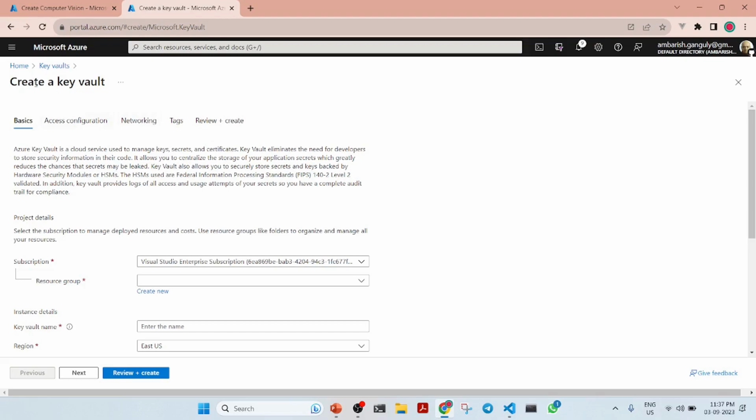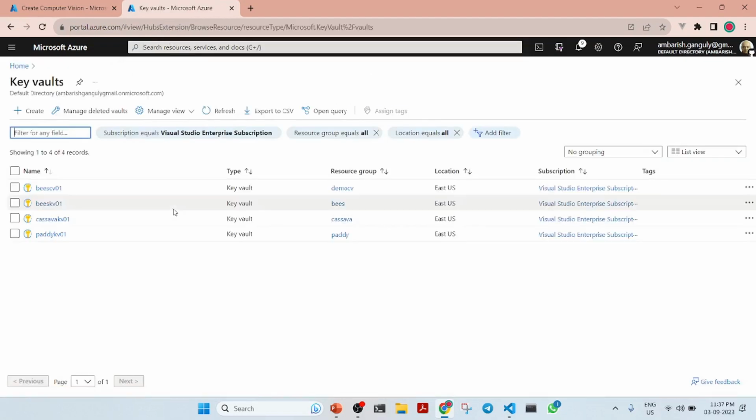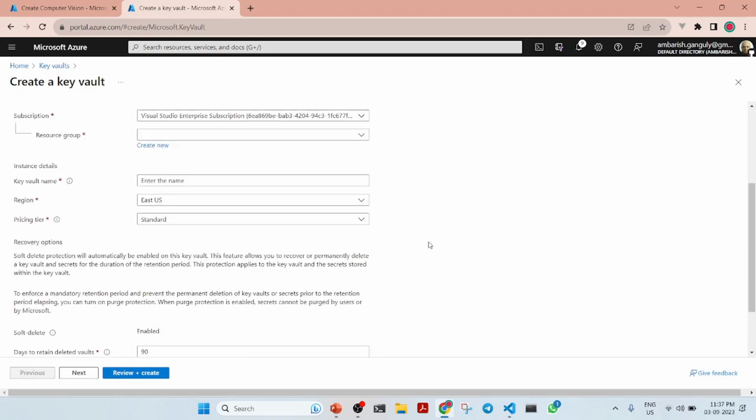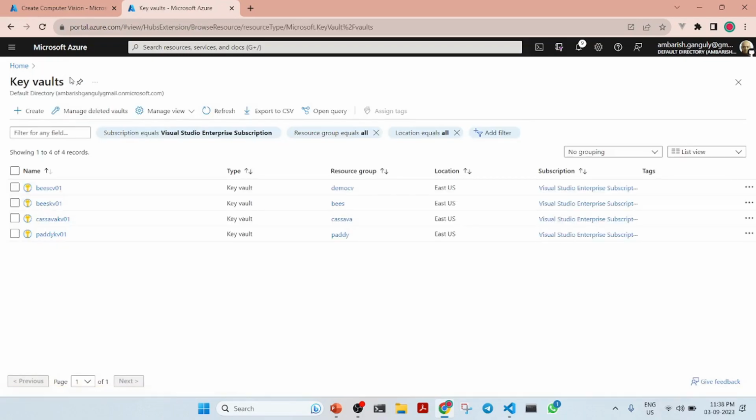If you go to key vaults here, I have a couple of key vaults. You go into key vaults, you create a key vault, and this will come up. Similarly, you put in the resource group, the key vault name, the region, the pricing tier, and days to retain deleted vaults. So once you create the key vault, what you should do is